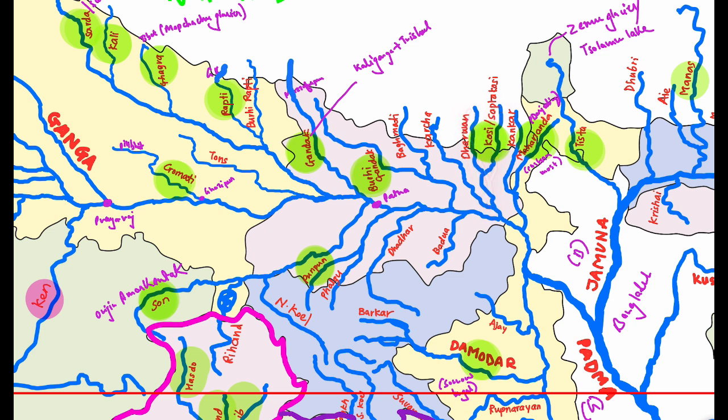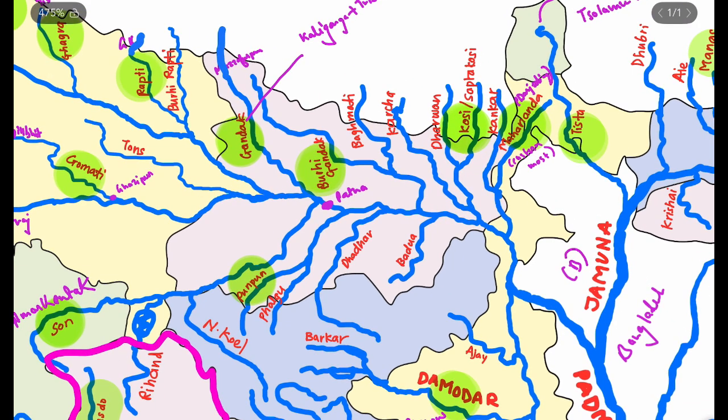Kosi is also known as Saptakosi, which is called the sorrow of Bihar. It brings a lot of disaster. That's why it is called the sorrow of Bihar. Then Kankar, then Mahanadi, Mahananda. Mahananda basically originates from